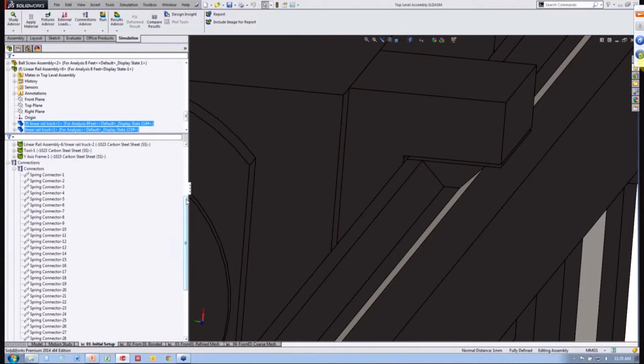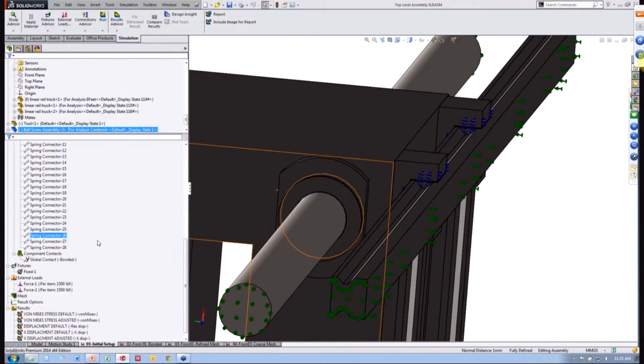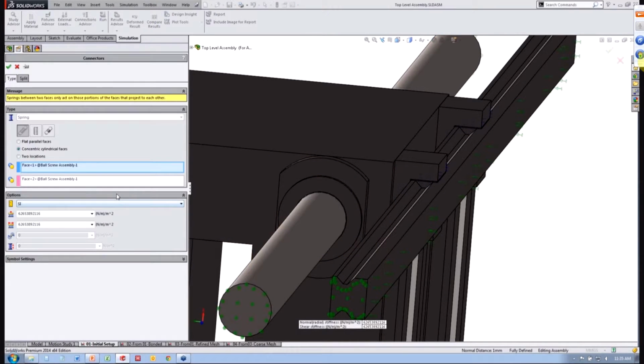And also, from there, defining now the ball screws, what we did was choose two concentric cylindrical faces, since again we simplified the model basically down to a cylindrical rod and then a circular hole. And to account for the stiffness in the axial direction, we decided to use the